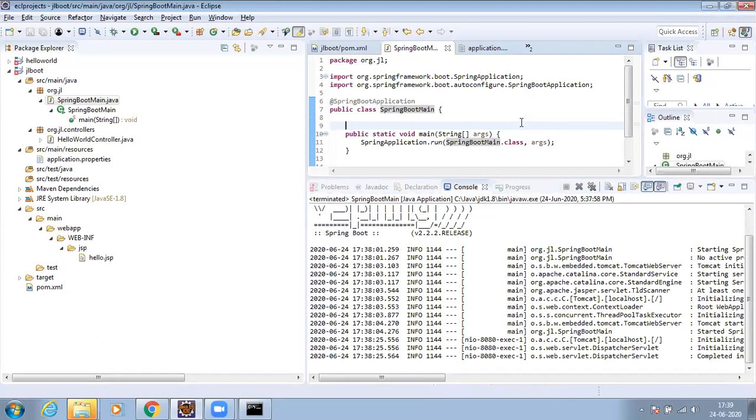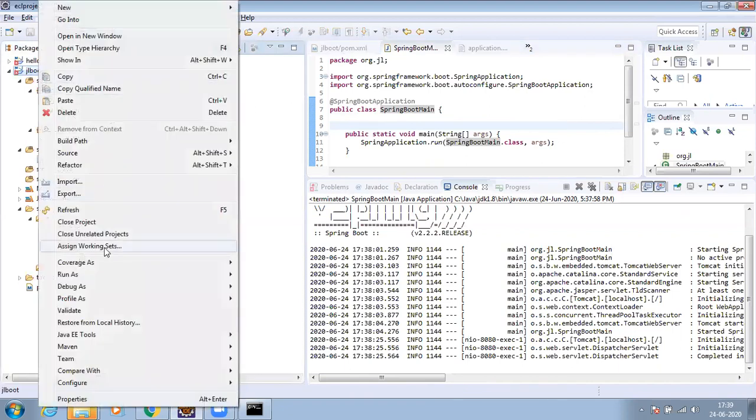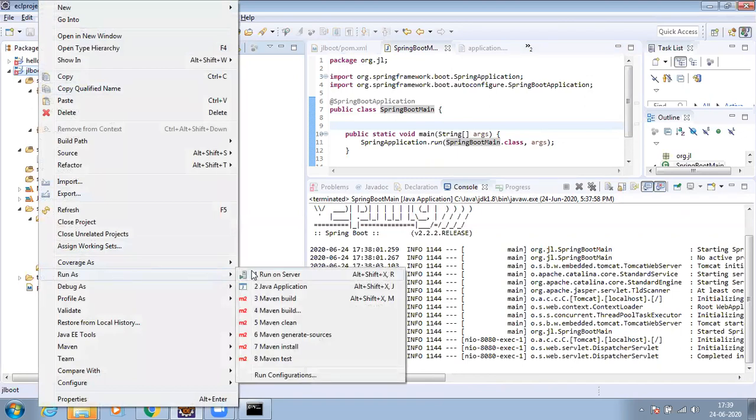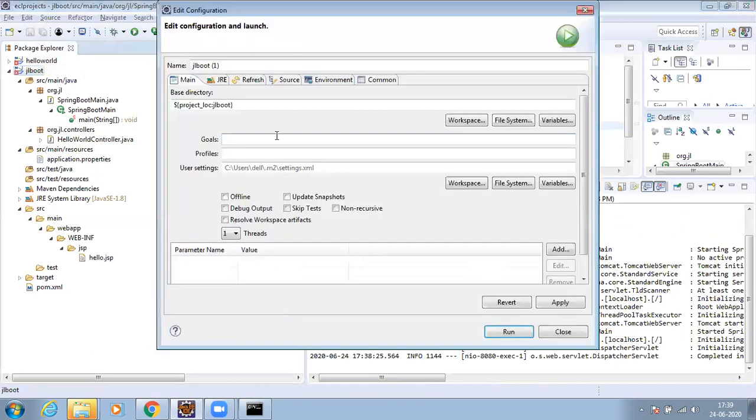how to run this as a jar file. Now I have shown you from the editor, right? Now I am going to generate the war file, and I'm going to run it as an executable jar. How to create the executable file? Right click on the project, run as, select Maven build, and in goal give package,